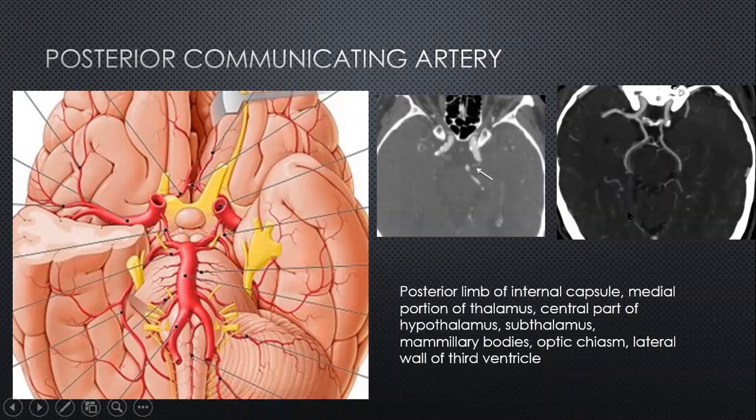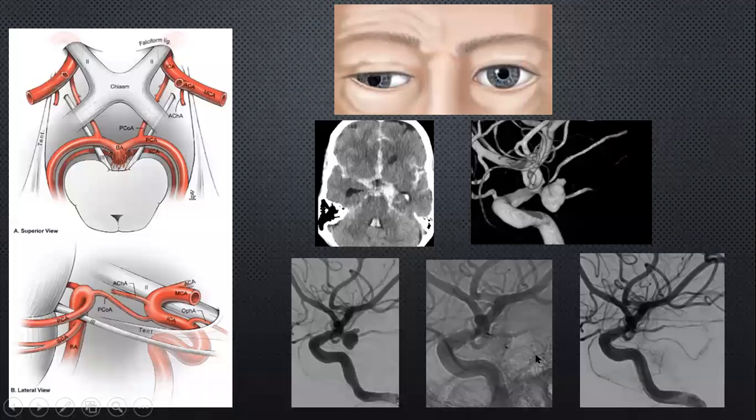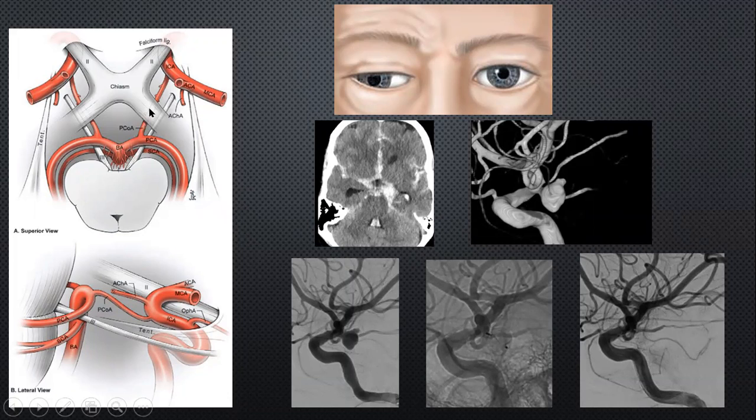Apart from supplying the occipital lobe, of course, the PCOM also supplies some parts of the internal capsule, some medial portions of the thalamus and the hypothalamic structures, as well as the chiasm. But probably the most important clinical predisposition of the PCOM vessel is when we talk about a third nerve palsy, like in this patient over here, either following a subarachnoid hemorrhage or spontaneously just because of the size of the aneurysm. It's important to realize the close association of the PCOM artery with the third nerve.